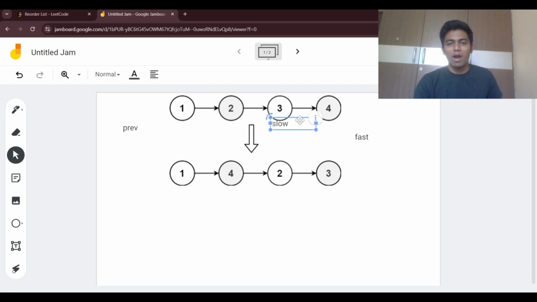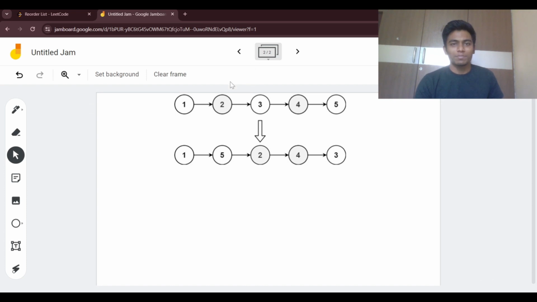at that time I am going to stop. After this step, I am going to reverse this linked list, and after reversing it, I am going to combine the linked lists, and that is going to be my answer. And then if we have the